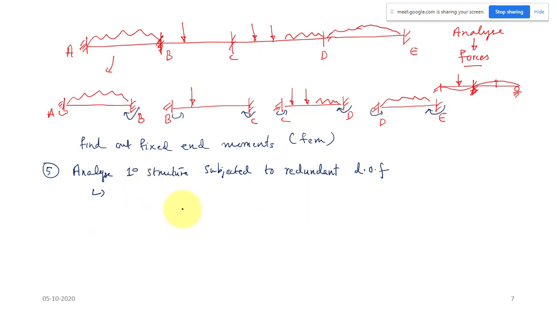So here we will apply rotations. How to do this? That is all simple. Just understand the concept, and we will do all this in the slope deflection method. That procedure will be very simple. Analyze the primary structure subjected to the redundant degrees of freedom. We will apply these rotations to this primary structure, we will rotate the joints, then we have to determine.